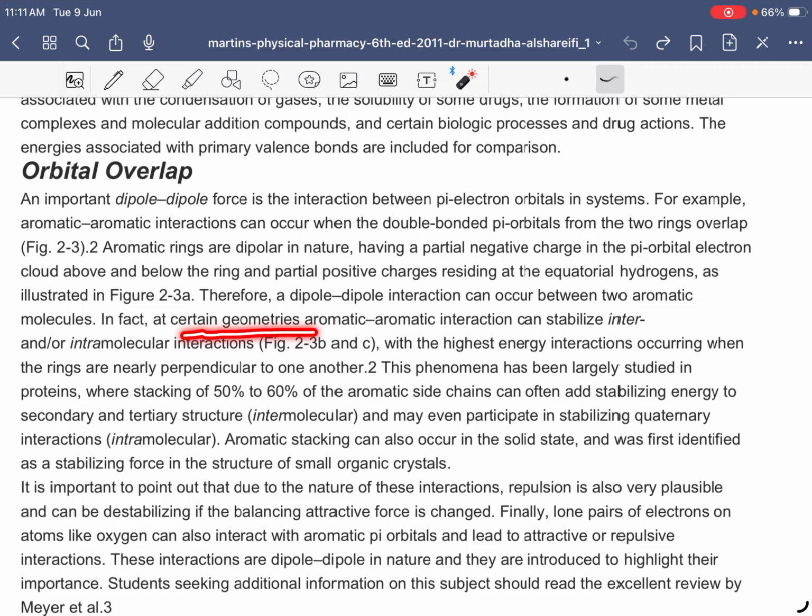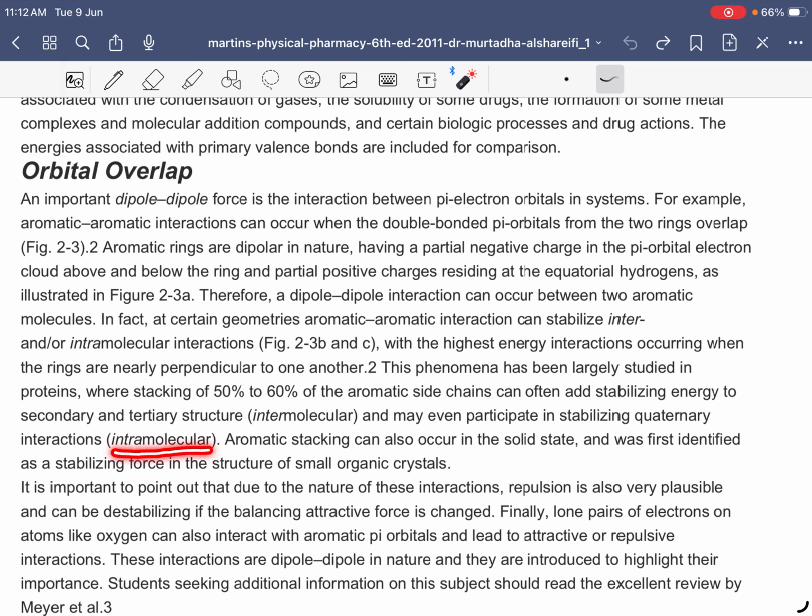In fact, at certain geometries, aromatic interaction can stabilize inter and intramolecular interaction, figure 2.3b and c, with the highest energy interaction occurring when the rings are nearly perpendicular to one another. This phenomenon has been largely studied in proteins, where stacking of 50 to 60% of the aromatic side chains can often add stabilizing energy to secondary and tertiary structure, that is intermolecular, and may even participate in stabilizing quaternary